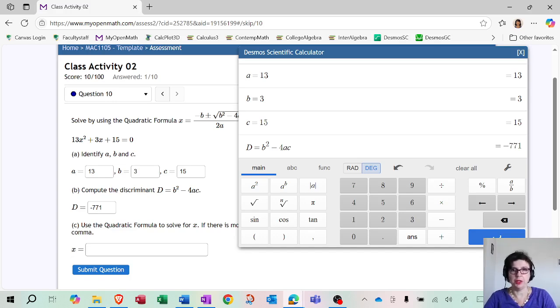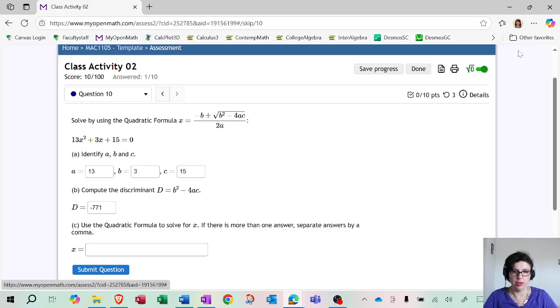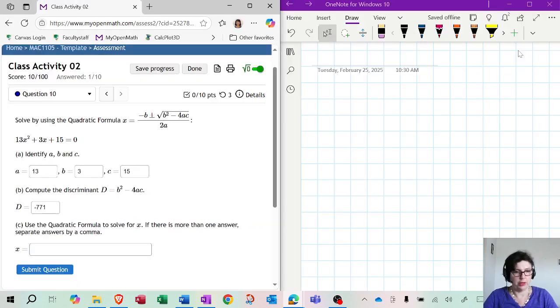So if the discriminant is positive, you have two real solutions. If the discriminant is 0, you have only one double root, we call it. And then if the discriminant is negative, you're going to have two complex conjugates. So we're going to have to carefully write them out. So this calculator at this point will not be useful to us. So I'm going to just close it, and let me put it side by side with the notes.